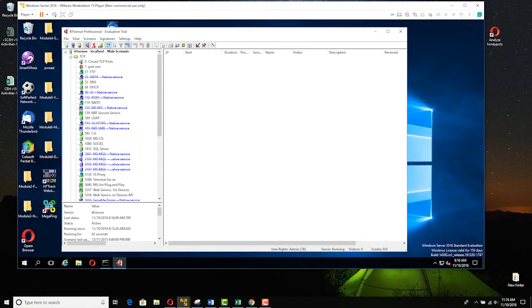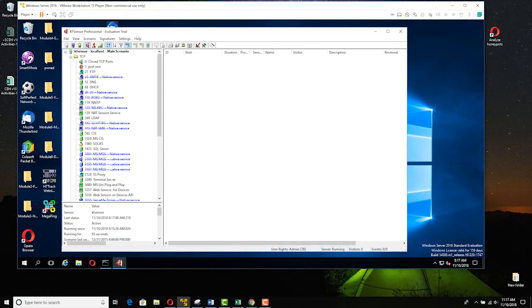You'll notice that some of these are things that you're not running on Server 2016, like NNTP. You're not running that, and you're not running maybe SOCKS, probably not, and you may or may not be running SQL, I don't remember. You may or may not be running terminal services and other things. The ones that you're not running are honeypot ports. KF Sensor is going to present them as if you are running them to see if it can capture Nmap